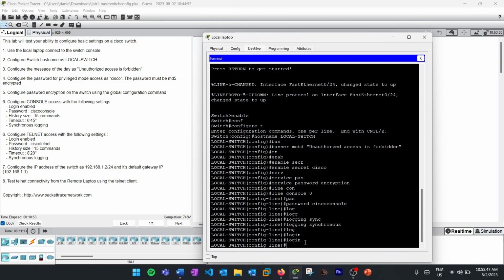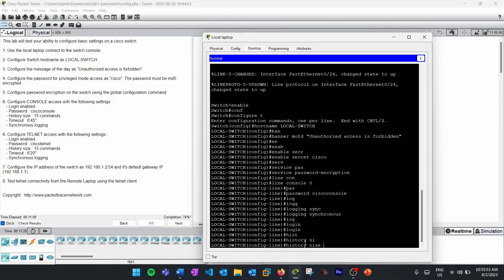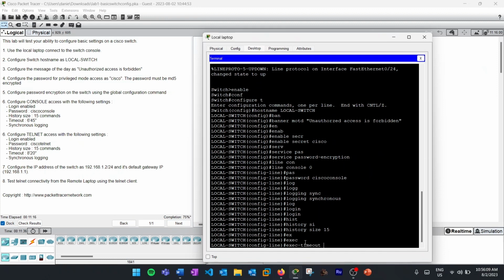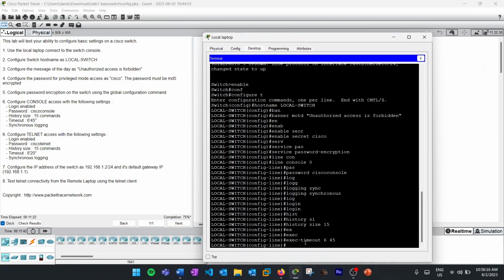Now we can set our history size. So it says to use history size 15 commands. We do that by doing this: history size 15. And then we'll do exec timeout, which we'll set a timeout of 6:45. Exec timeout 6:45. And that's all we have to do for the console. So exit up here,